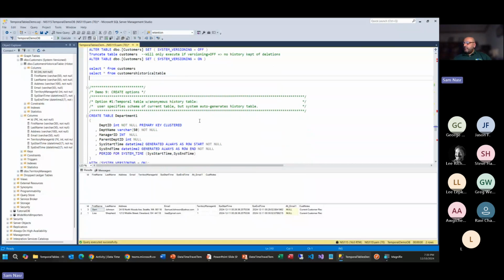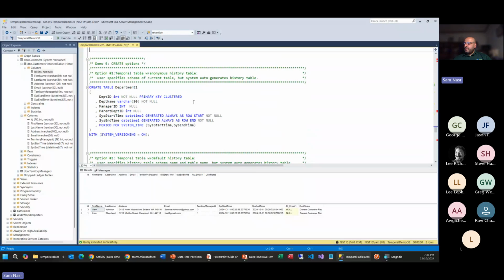All right, moving to the final portion. What we're doing here is essentially 3 different ways for creating the temporal tables. And so you'll notice that